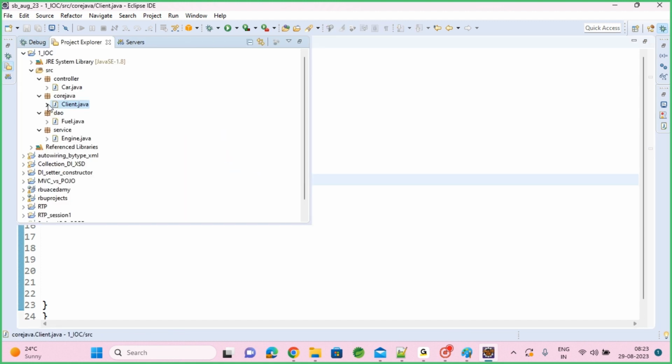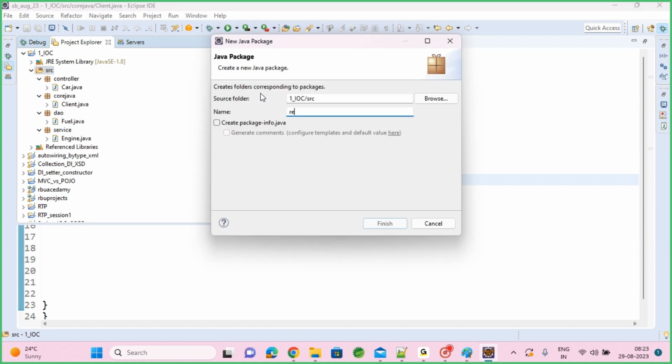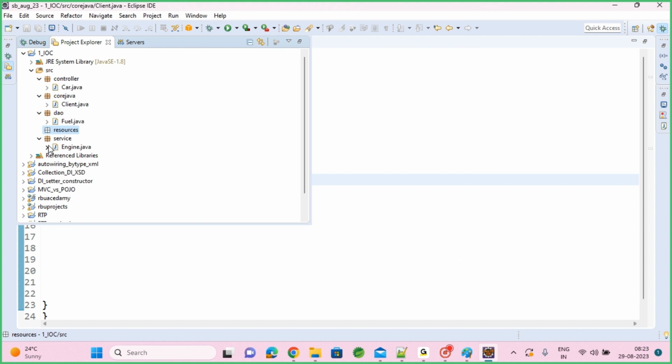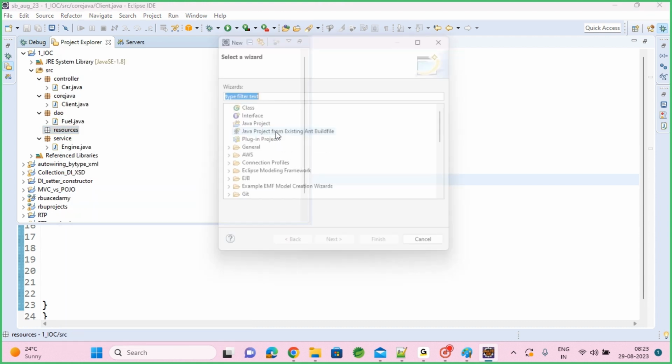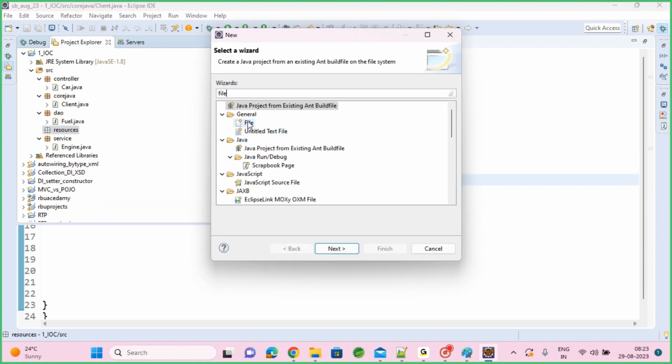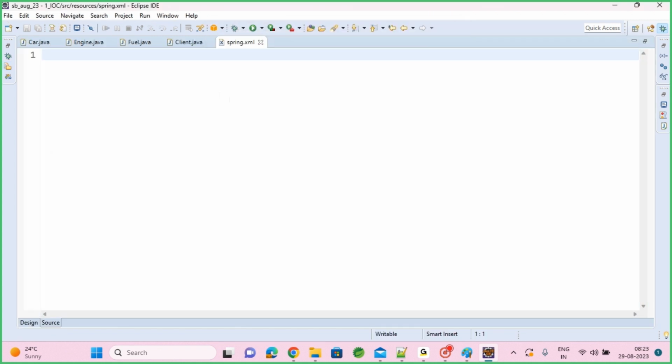Okay. First thing, to use Spring, you need to create one XML file. I'll be creating a different package for it, resources. Create one XML file here, new file, Spring.xml. Name it anything. There is nothing mandatory to maintain here, no naming conventions. So in this Spring.xml,